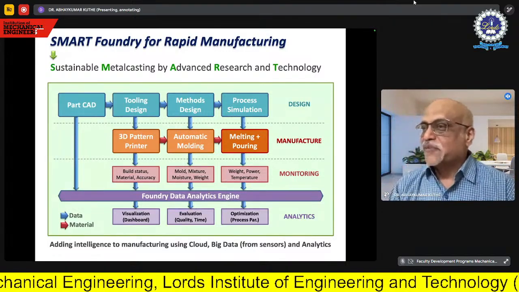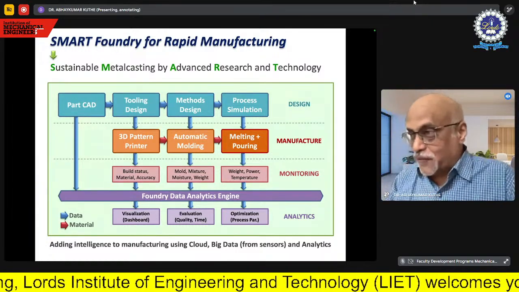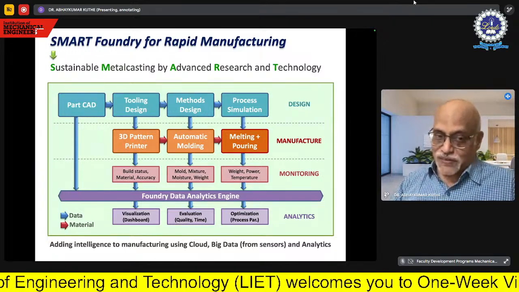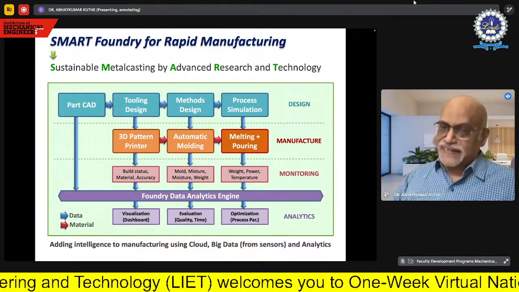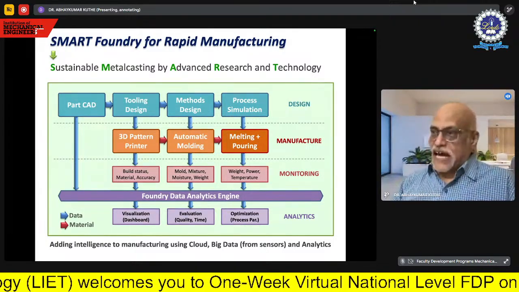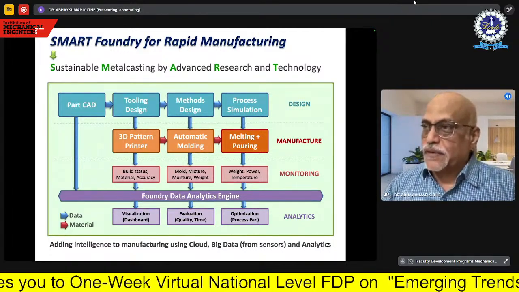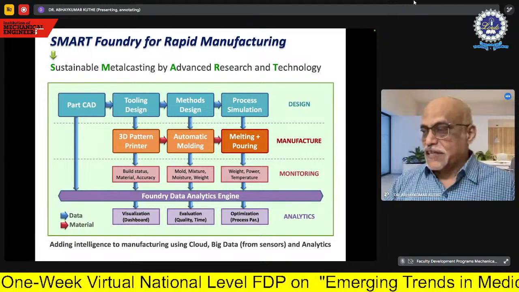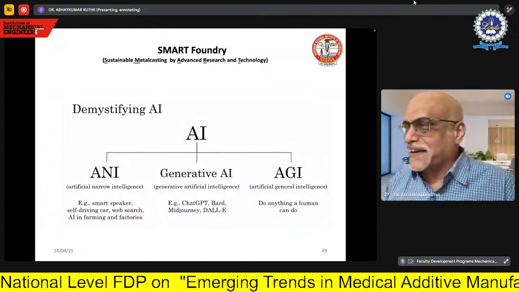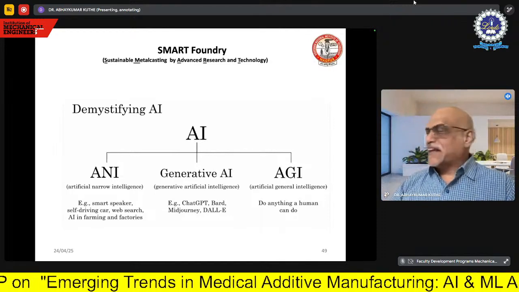And you know, there comes the AI and ML in much more useful ways. So it is generating the data, that's what is interesting, and then analyzing the data. So you have to generate more and more data and then analyze the data so that it will be possible for you to develop a decision support system which is helpful to you in getting the defect-free product. So quickly, I can show you some of the things related to AI. I hope that many of you must be aware of. We are just demystifying the AI.